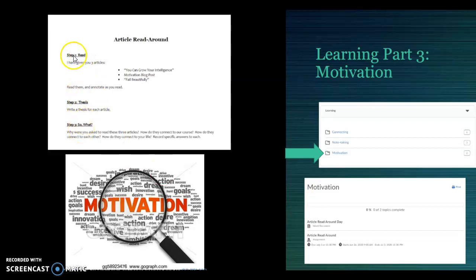There's steps, and there's more steps on the document than in the screenshot. So you have to open the directions. Again, they're here. And then here is the folder where you're going to put your assignment when you're done. It's all on motivation. Again, it connects to Teach Yourself How to Learn. It's probably a really good idea.